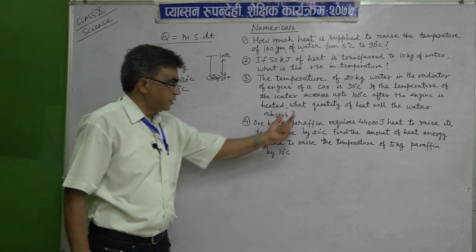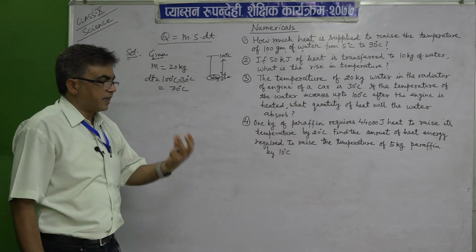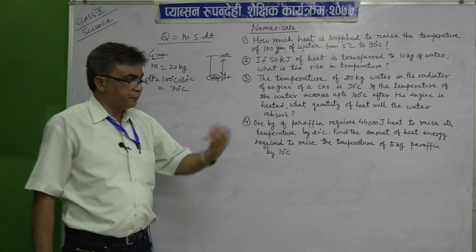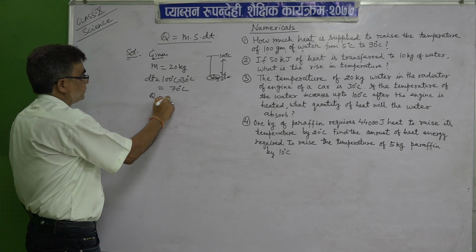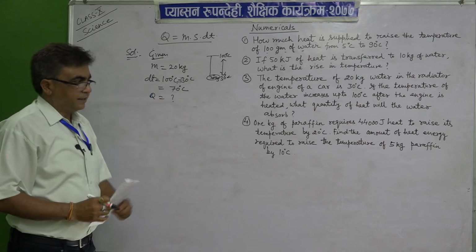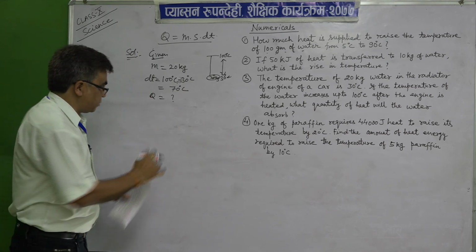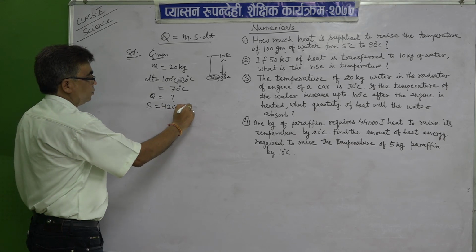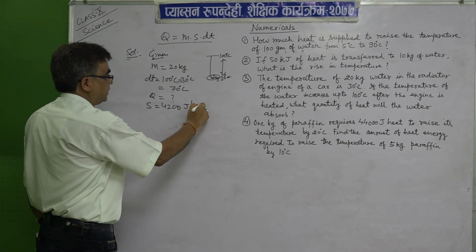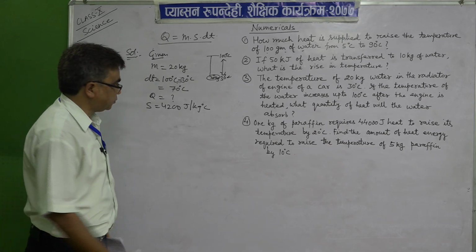And what you have been asked? What quantity of heat will the water absorb? So, that means how much quantity of heat water has gained, that means Q you have been asked. So, I do not think now again I have to do. You know again the same thing, specific heat capacity of water as 4200 joules per kg degree centigrade. This all we know.